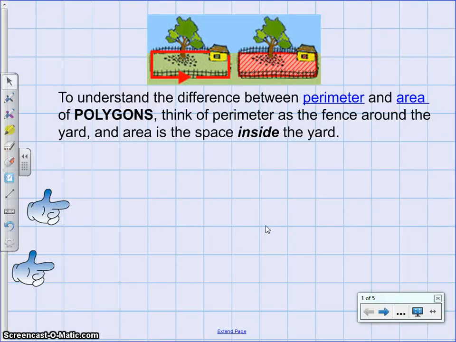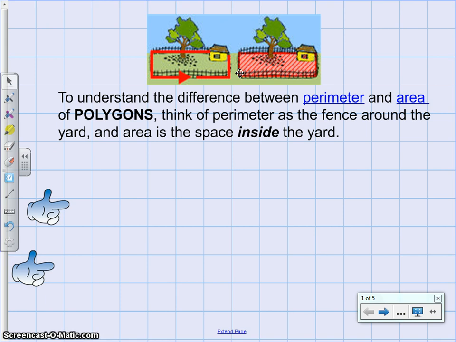Alright guys, so we've been talking about perimeter, and the perimeter is the outside measurement of a polygon or an object. And we've also been starting to talk about area, which is the entire surface, or think about it as the inside of the object. Like the inside of the fence up here, that's the area. Or if you think about it as the entire surface of your desk, the whole part, not just the outside of it, but the whole inside part as well,